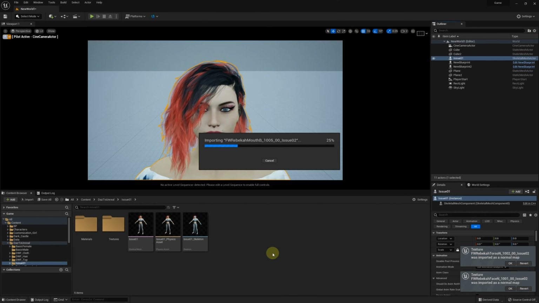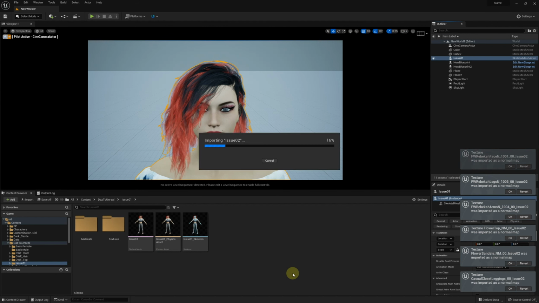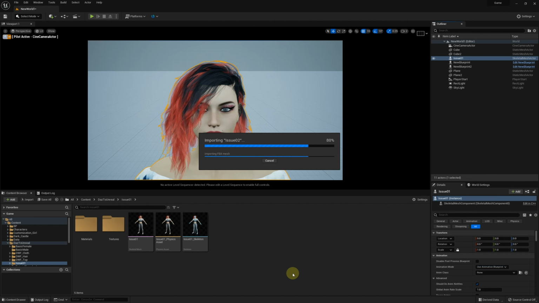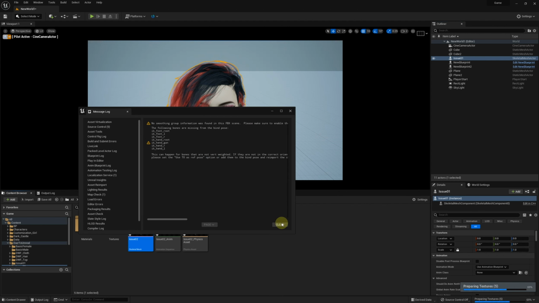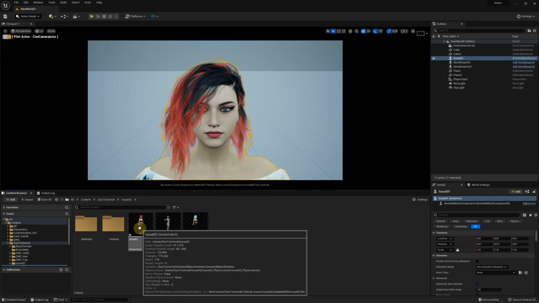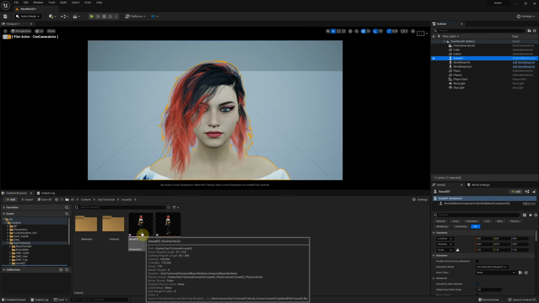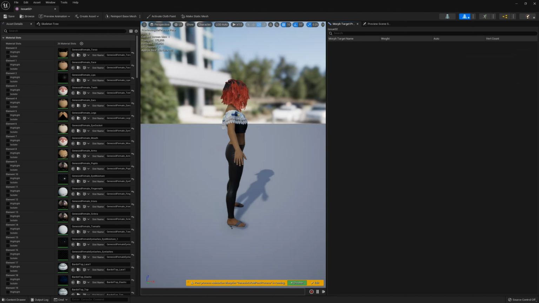Switch to Unreal. Open the skeletal mesh.